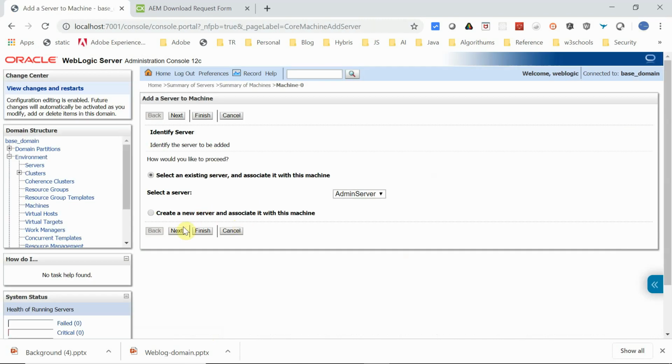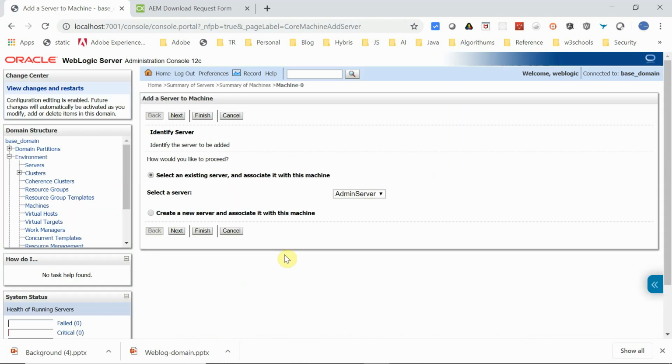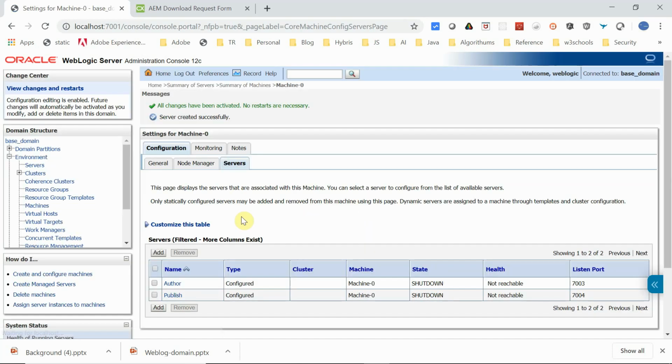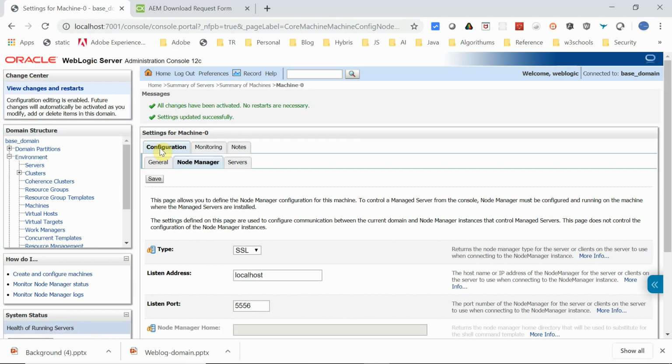I'm adding the author server, and then add one more server, the publish server. Added. Now check the node manager. I am using SSL on 5556. That's all fine, the default configuration we can use. Okay, the machine configuration is now completed.